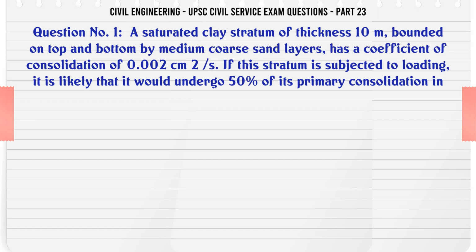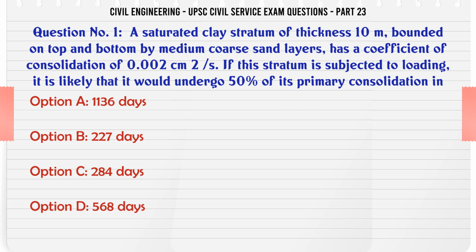A saturated clay stratum of thickness 10 m, bounded on top and bottom by medium coarse sand layers, has a coefficient of consolidation of 0.002 cm²/s. If this stratum is subjected to loading, it is likely that it would undergo 50% of its primary consolidation in A. 1136 days, B. 227 days, C. 284 days, D. 568 days. The correct answer is